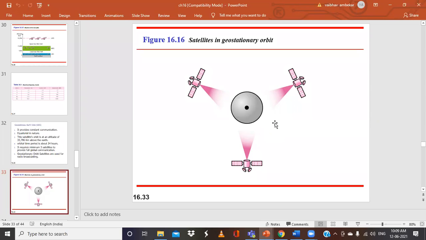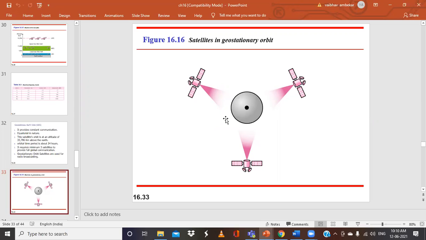Line of sight propagation requires that the sending and receiving antennas be locked onto each other's location at all times. If you do not use these 3 satellites, then as I said, the other stations or nodes or devices cannot get the signals properly. Because of this, a satellite that moves faster or slower than the Earth's rotation is useful only for a short period. It is not useful because it cannot give constant signals.